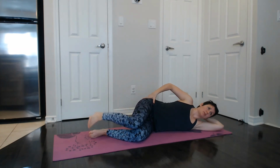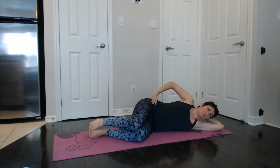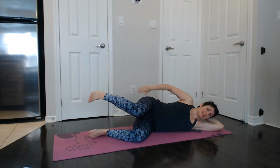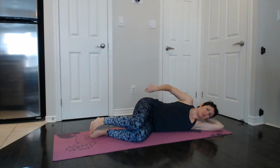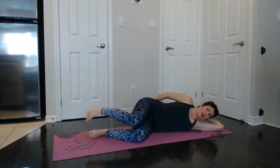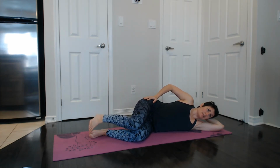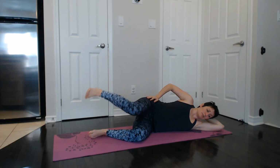That actually works way better if I think about balancing something on my leg to find the side bum and hip area. My tailbone on this side likes to tuck under a little bit, so I need to keep it shooting back behind me to keep that feeling of a wide sit bone, okay? Good. We're going to go for 8, 7, 6, there it is, 5, 4, keep the knee from rotating towards the ceiling,